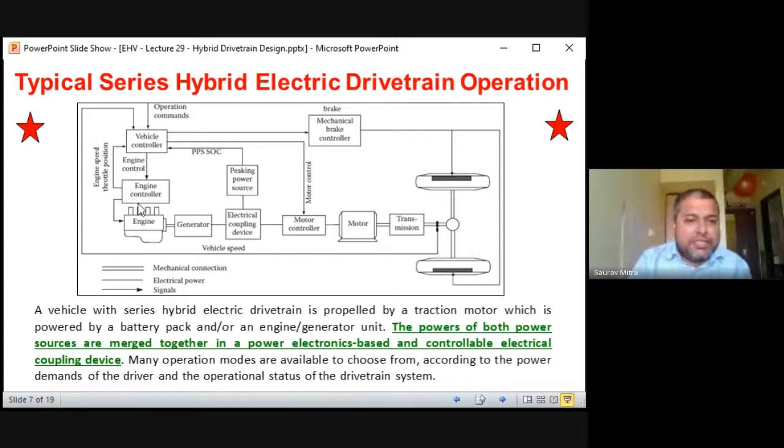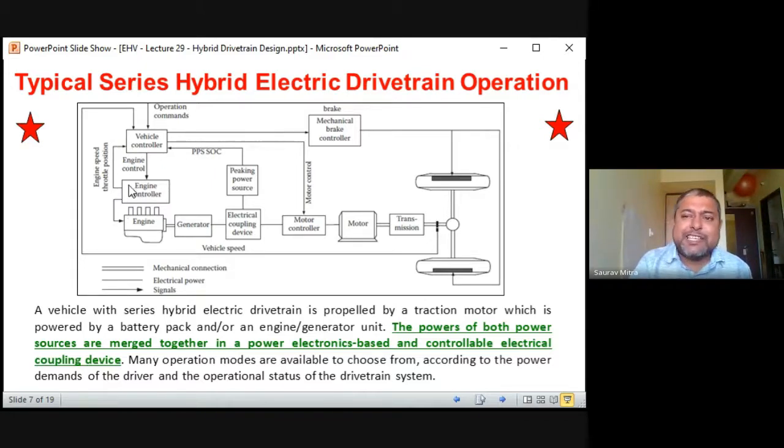Likewise, between the engine controller and the vehicle controller there must be a link, because the vehicle controller gives the command, and the engine controller will say yes, the command is satisfied. So this can be an acknowledgement, or at certain times the engine controller can give a control signal to the vehicle that we are running at the optimum speed. Better you don't change the setting, the engine is running at the optimum speed, or the engine cannot do anything more. The engine is running at the maximum possible, nothing more to be done. So this is the engine speed and throttle position, and all these things are fed back to the vehicle controller.